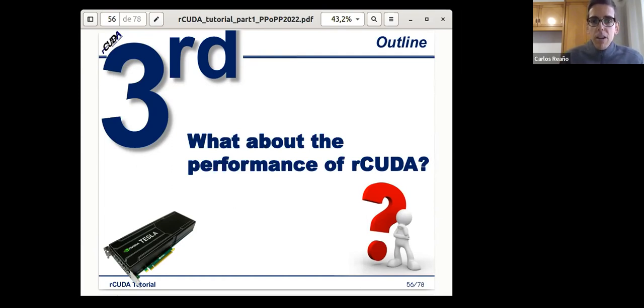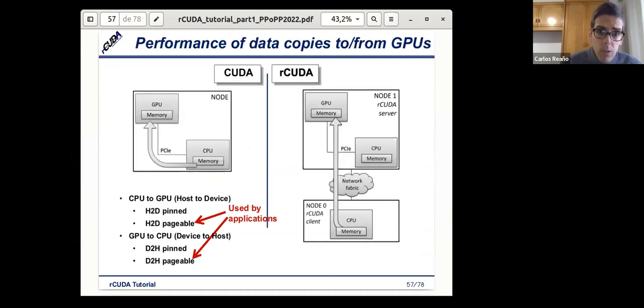What about the performance? Is it going to be the same performance using a physical local GPU as using a remote virtual GPU? So let's see some numbers now. Previously, we have seen some performance results. Now we are going to see more performance results.